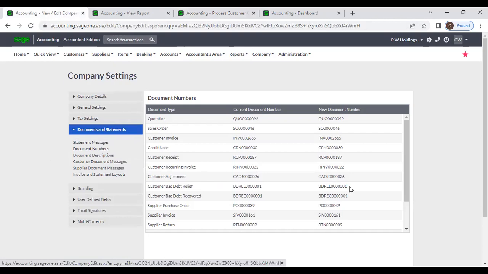When you are implementing any system, it's better if you maintain meaningful document numbers, and it is better if you use simple document numbers. For example, say per year you will issue only 1,000 invoices. If you use a very long number of digits, it will take more. For example, here after INV there are 7 digits. That means you can enter